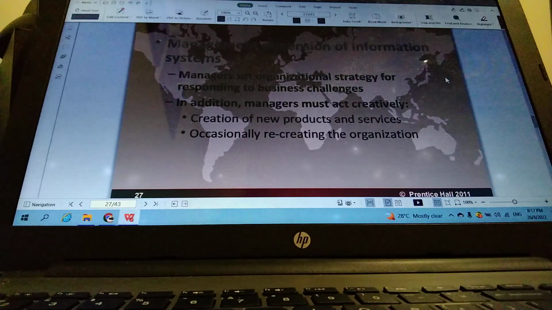Yes, to create new products and services, because the system is just a platform. For example, the system has features for creating new products. That means you can create any number of new products, various types of new products. It is just a matter of developing it, improving it, enhancing it. That can be done easily through training of the people, upgrading the skills of the people involved, occasionally recreating the organization. So in today's world, we have created a lot of new jobs, new ways of doing things that we had never even thought about a couple of years down the road